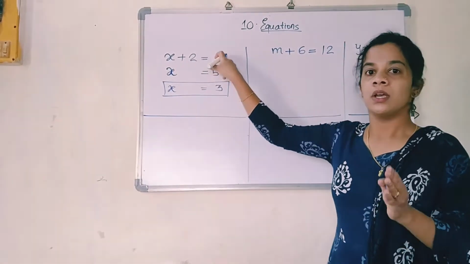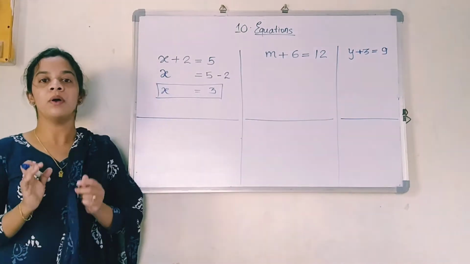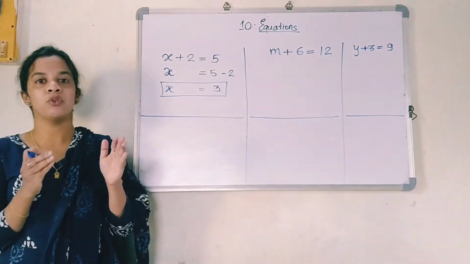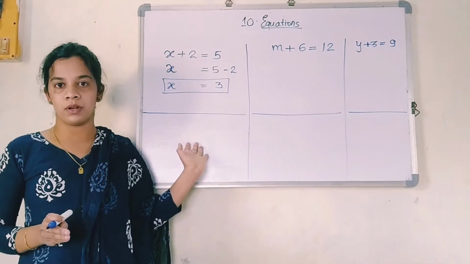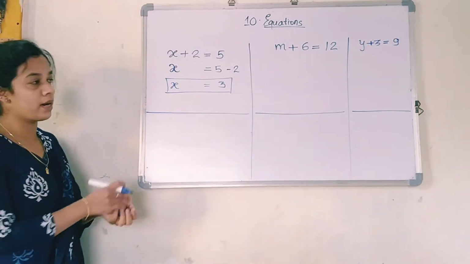Have you understood this? Now what is method number 2, which is actually given in your textbook? You can follow any of the methods which you want. Basically I will suggest you follow this method because in your higher classes this is very easy. This part is what is used, not the other one. The textbook method is only for you to understand clearly. The same question I will write down.